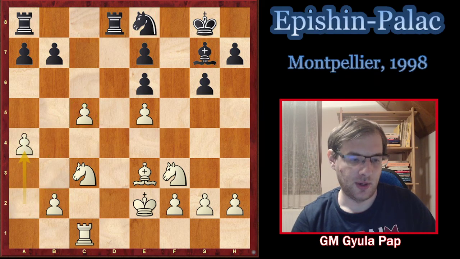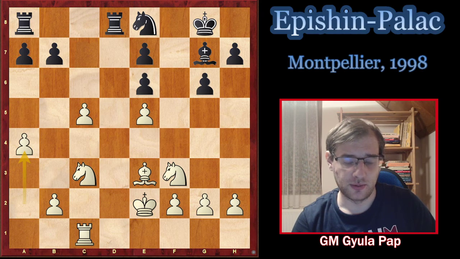And yeah, it's a very interesting moment for me. Why a4? I spent some time on it. What could be the reason. I mean, white Epishin, I believe, was a helper or second of Karpov for quite a while, and a very strong player himself. So very strong technician. So I don't know, and maybe the reason is that this a4 is kind of asking for